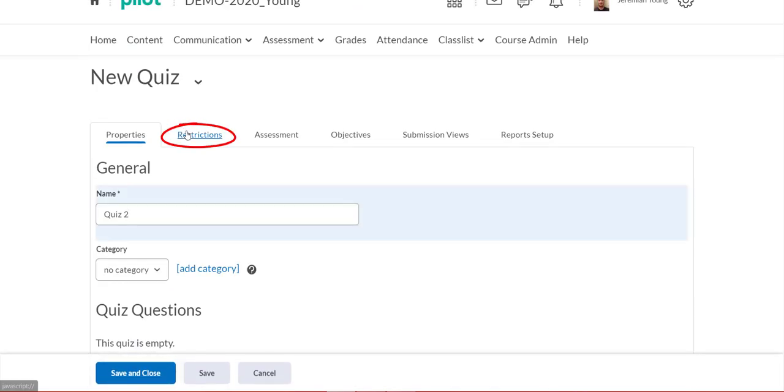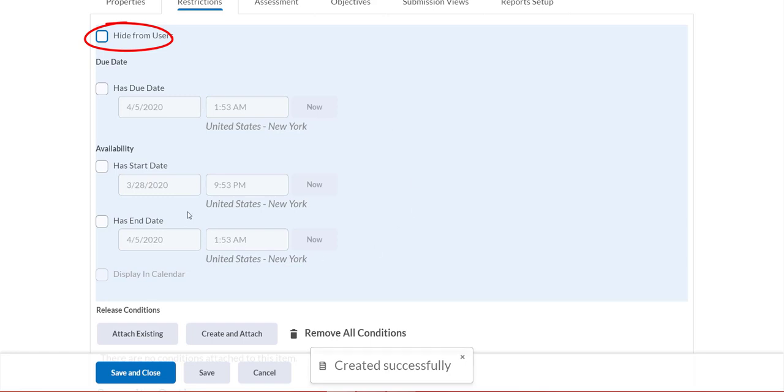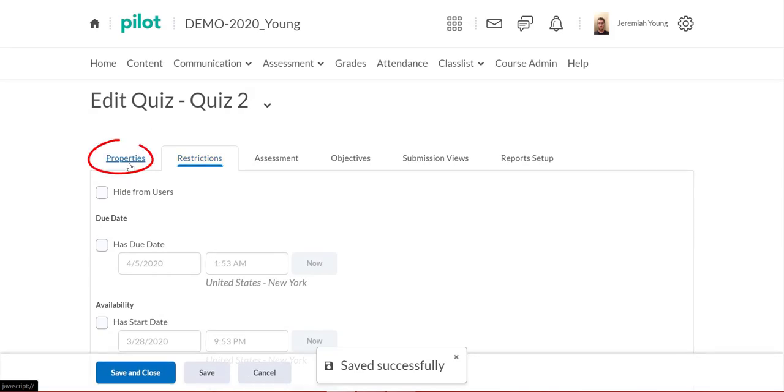And from here you're going to want to go to Restrictions. And you're going to want to unhide that from users. That's going to make people actually able to use it. And if you want a start date and end date, which will limit when they can see it, you'll want to edit that there. So I'm going to save, go to Properties,